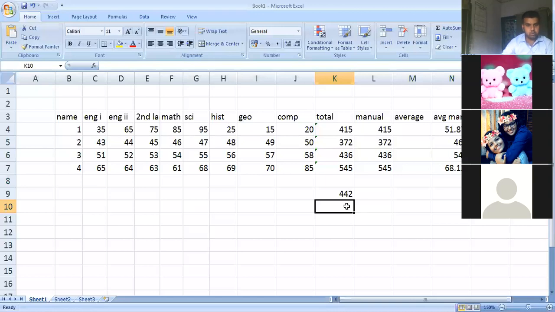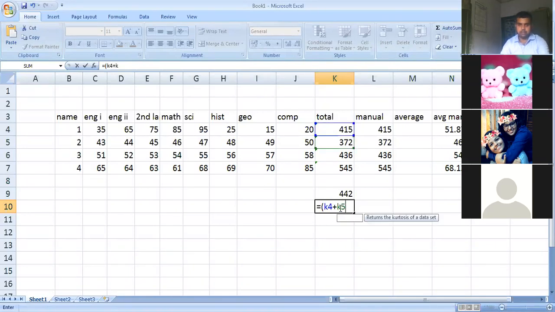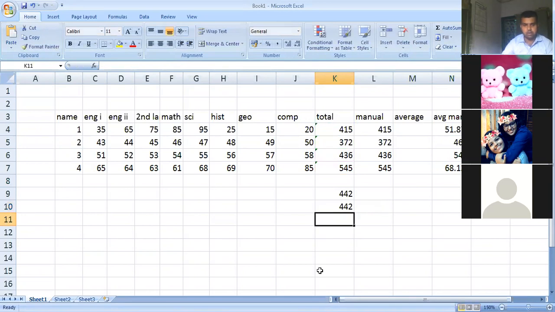So how to check whether my calculation is correct or not? I will place equal to and perform the average manually. How? Firstly, 450 is present in K4. So I will do K4 plus K5. Whenever I write a cell address, see, the addresses get selected with different colors, plus K6 plus K7. Selected all together and divided by 1, 2, 3, 4, divided by 4. So see, 442.